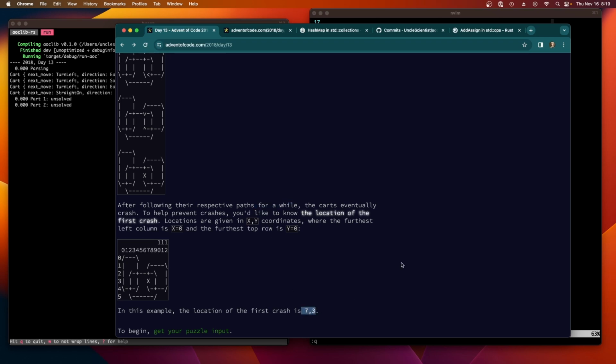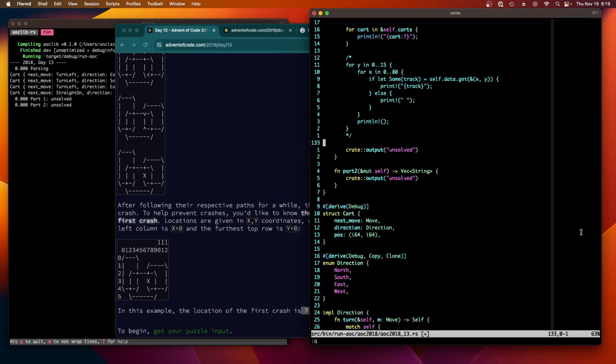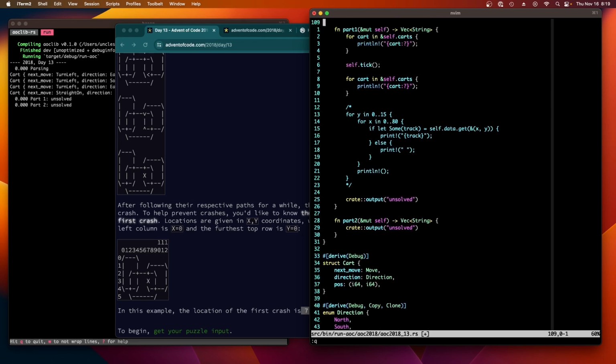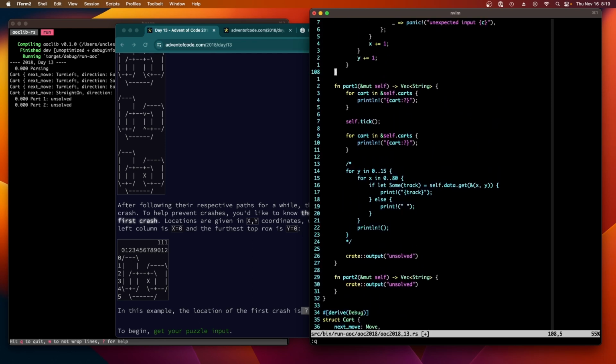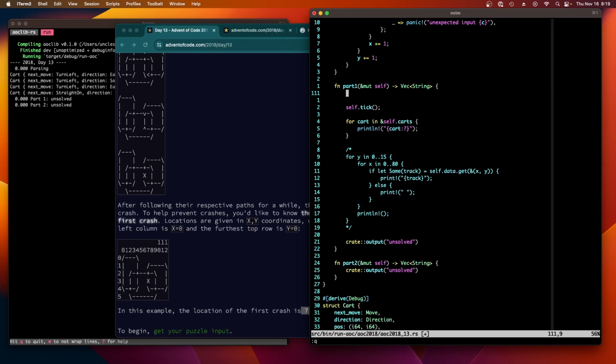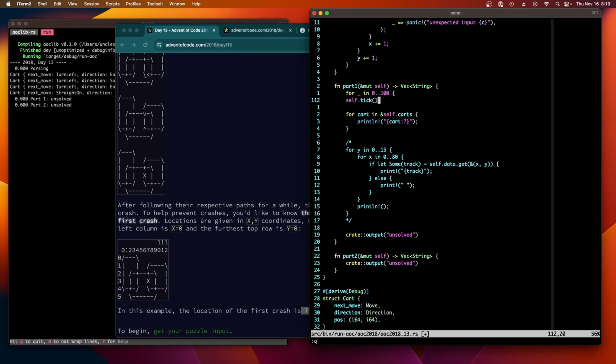And it crashed at 7.3. Okay, yeah, let's make them crash. Let's ignore this bit here. And I can just say for _ in 0..100. Let's give it 100 tries. 100 goes. Self tick should return